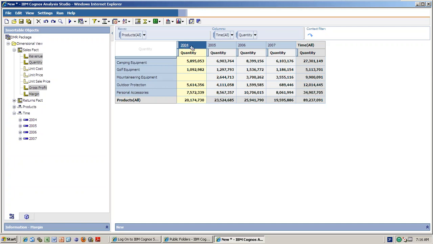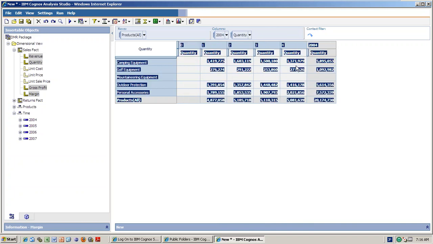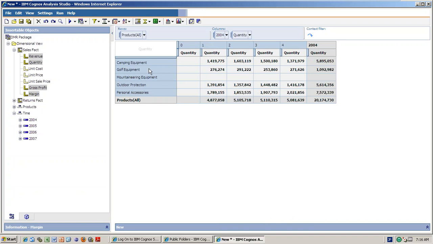Say 2004, double click it. So it will go to the quarter level, right? And suppression means if an entire column or entire row is 0 or blank, or is meaningless for you, those records you don't need to see, right? You don't need to analyze it if it is blank. For example, for mountaineering equipment, all the values are blank.